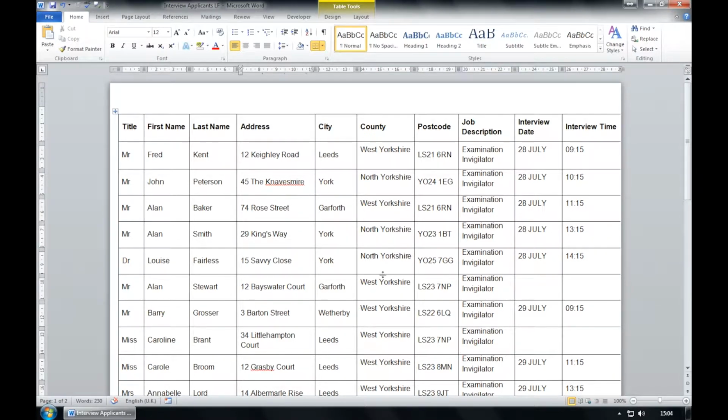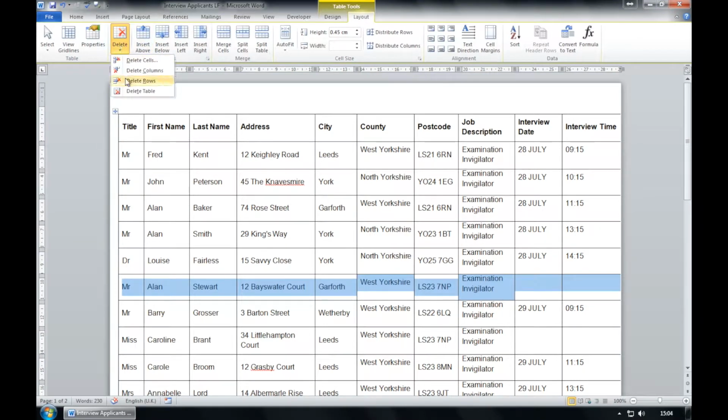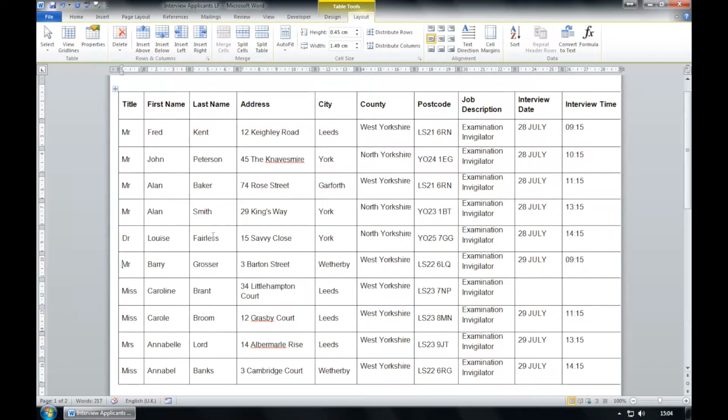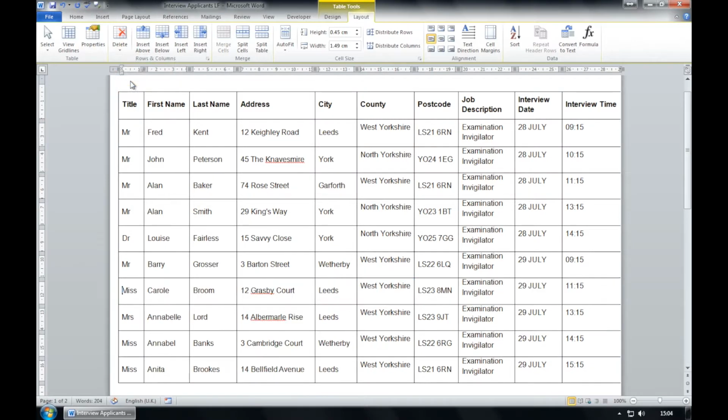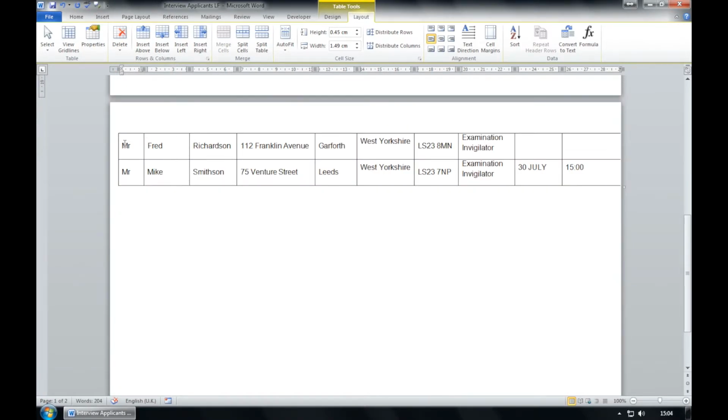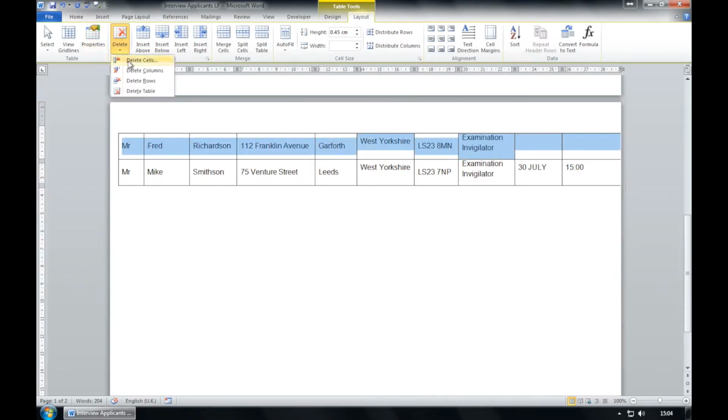Next point, delete the rows that contain applicants' details but where interview information is missing. Okay, so we need to delete Mr. Alan Stewart here because his interview date and time is missing. So we can go to layout, delete rows, and we can delete Miss Caroline Brandt here, delete rows,